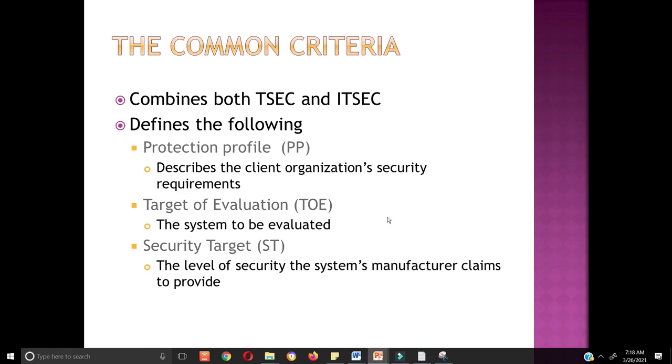So ideally, if you're procuring a new security system, then the security target has got to be greater than or equal to the protection profile, because the protection profile is your requirement, and the security target is the level of security that the contractor is